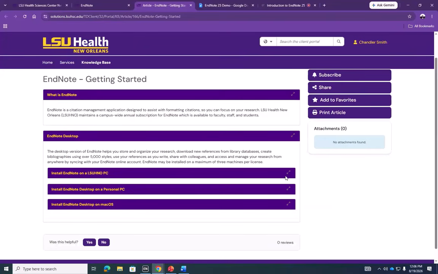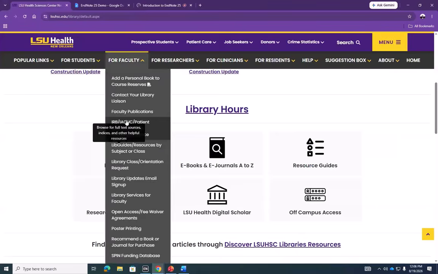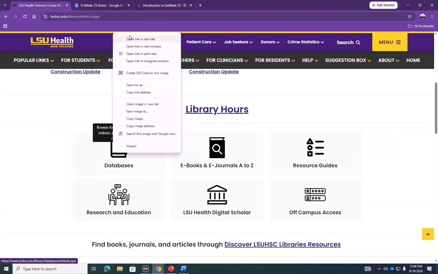So PC versus Mac, Windows 10 versus Windows 11, or on campus versus off campus, like a work laptop or workstation versus your own personal one, excuse me. The install is different for all those scenarios, and this guide helps you determine which scenario applies to you and how to make it work for you to install. So that's how you get to EndNote in the first place. But going to PubMed,